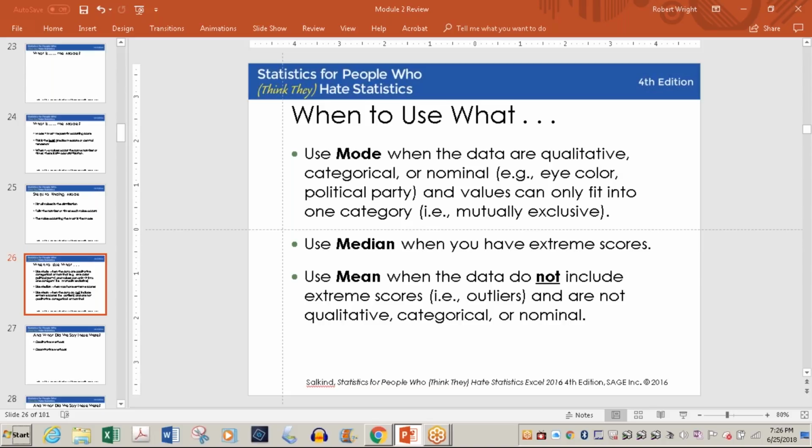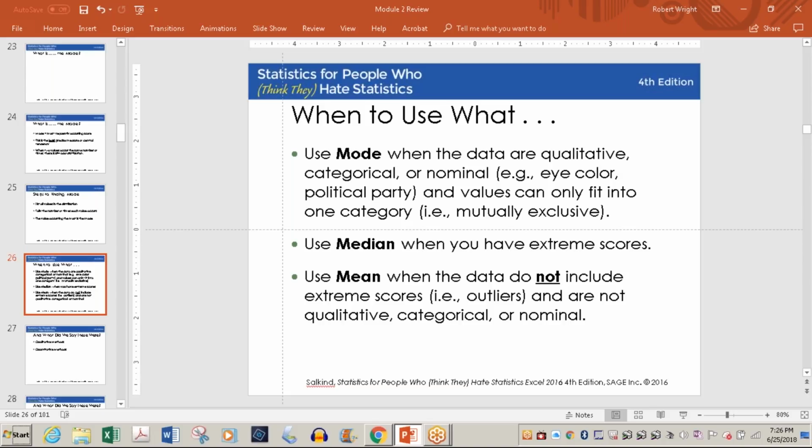Median is when you have extreme scores, because, like I was talking about earlier, you get your test results in 7th grade, and the whiz kid sort of messes up the curve by getting a 95 when everybody else got a 70-something. So the median will offset that, because it's going to show where the center point is in all the scores. Even if the kid has 100, and he's the only kid with 100, he's only one score out of the whole class, and it'll be offset by the total number of participants above and below that median point.